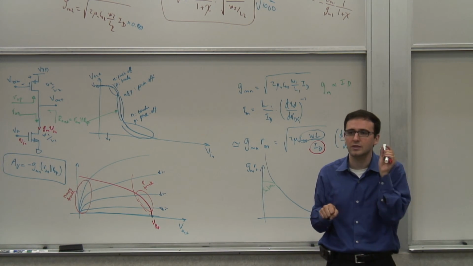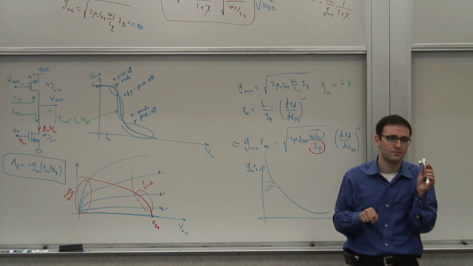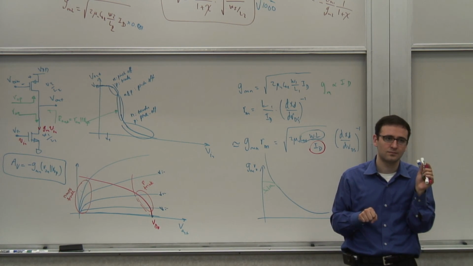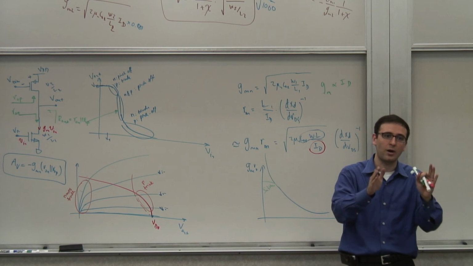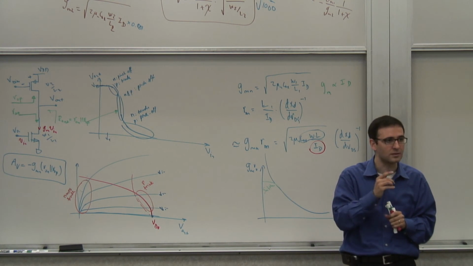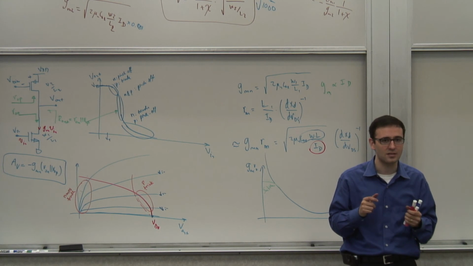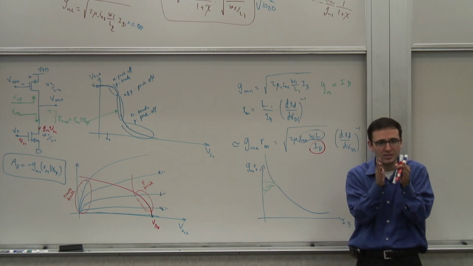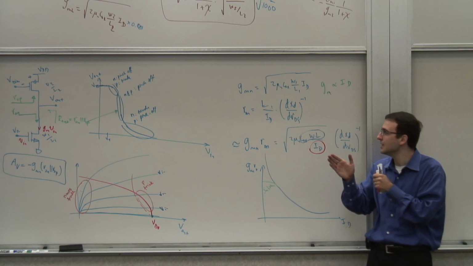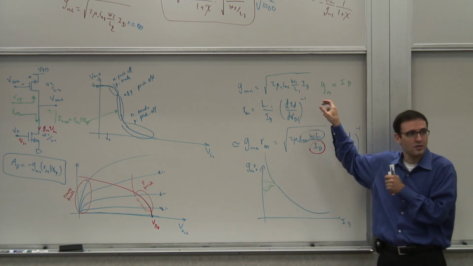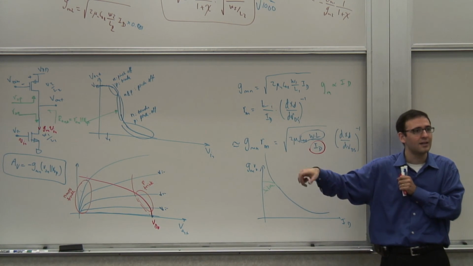How do you shrink the width of the depletion region? Well, for a given reverse bias, dopants, right? What do you do to dopants? Increase the doping concentration, right? Because we saw that the width was determined by the doping concentration. So if you increase the doping concentration, you'll get a higher intrinsic gain. That's another reason